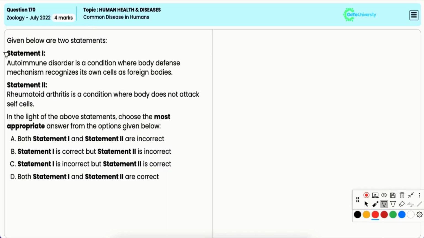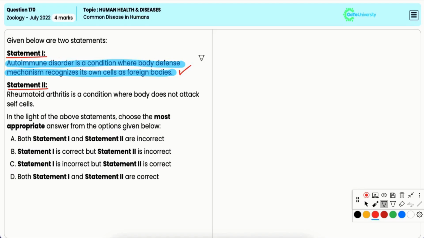In this question, two statements are given, and based on these two statements, you have to choose the correct option. Statement 1: Autoimmune disorder is a condition where the body's defense mechanism recognizes its own cells as foreign bodies. Now, it is correct. An autoimmune disorder occurs when the body's immune system mistakenly attacks its own cells, recognizing them